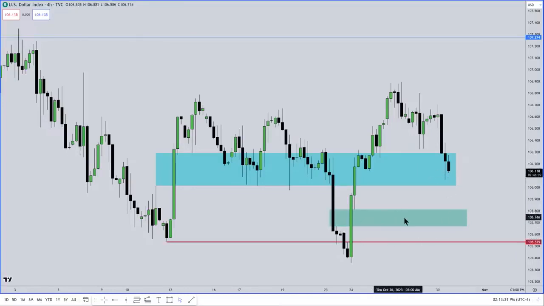So if we have this area here as a balanced price range and we trade outside of it, this needs to be the last line of defense, and it should not close above this lower level at all on the 4 hour chart. If it does, that means we're going to see lower prices on the dollar index, and it'll probably need to trade a little bit outside of the consolidation it has on its daily chart. But as long as we don't close below this balanced price range on the 4-hour chart, we're going to stay in consolidation. It needs to trade above these highs here before I would resume looking for order flow bullish. It needs to get